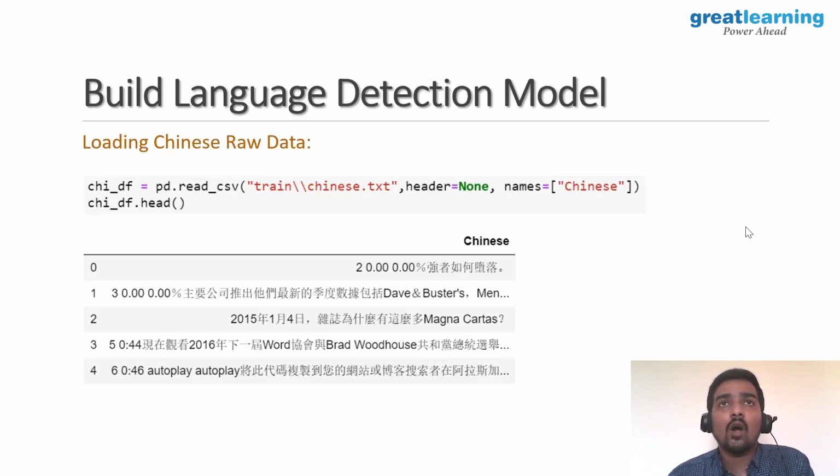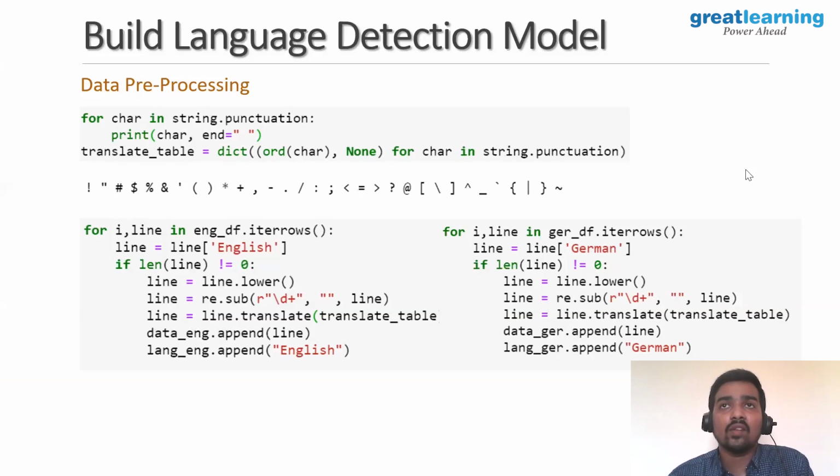Now we have seen how to load this data, and the next thing will be data pre-processing. You saw there are a lot of special characters and a lot of numbers in the data. So now there is a need for removing these, right? We'll do a simple method. We have defined a step-by-step method. Maybe we can do this inline also, but we have defined a step-by-step method for better understanding, and we'll see what each and every pre-processing step will do.